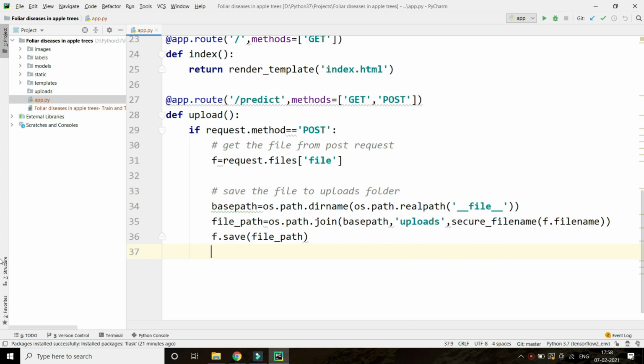After saving it, if a user is posting data, it will first of all save this in the upload folder, and then it will make the prediction. Why are we saving that in the upload folder? Just to see what users are posting.